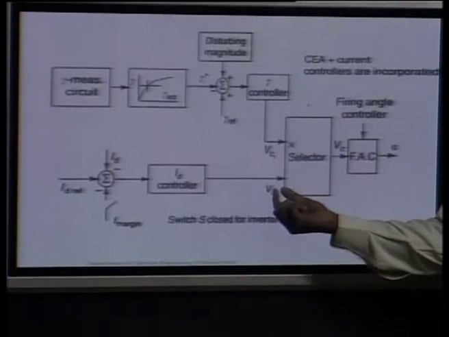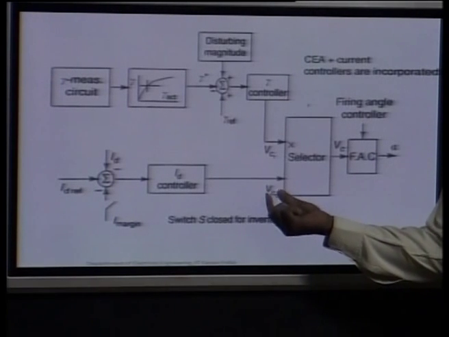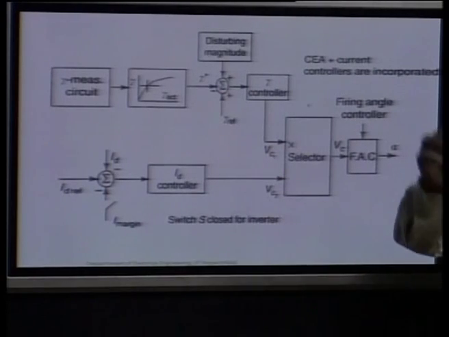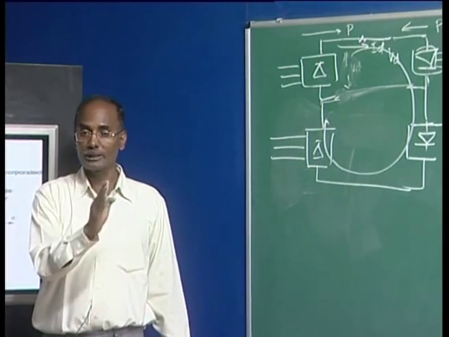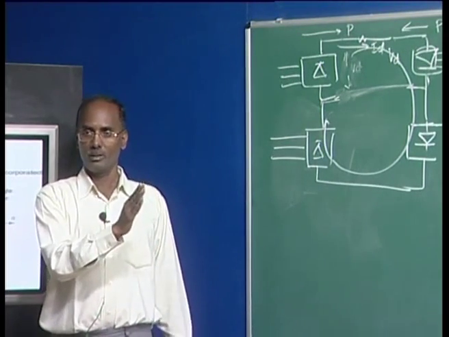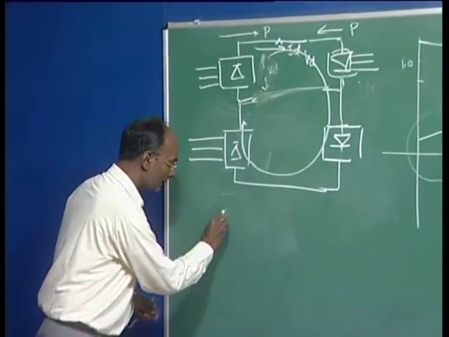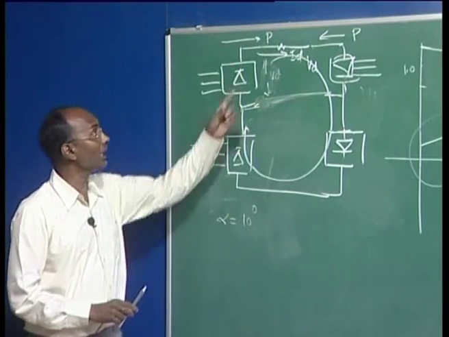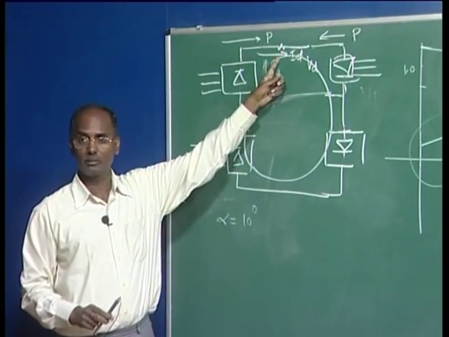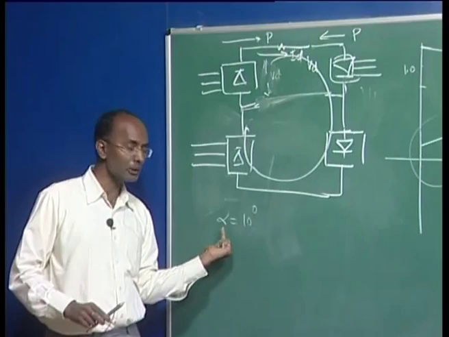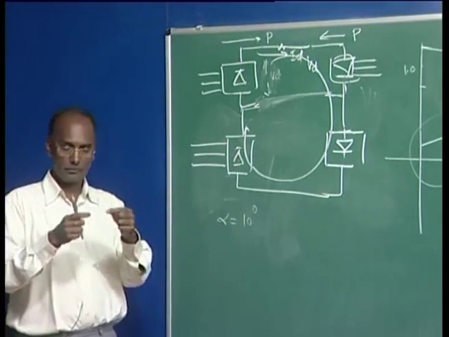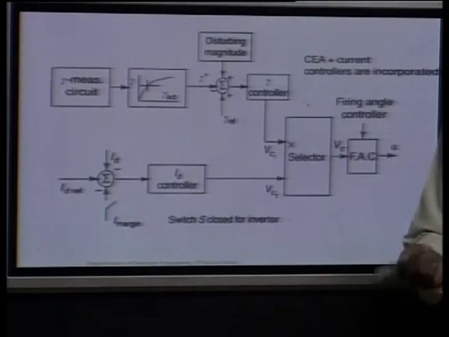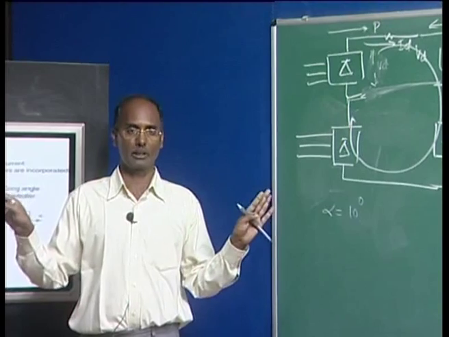So based on this error here, this is really a voltage, and this voltage is basically deciding how much alpha should be changed from the previous instant. Because if alpha was earlier, let's suppose 10 degrees, now if there is any change in the current with the reference value, this alpha should be changed. If the reference here and this are equal, this will be 0, and this alpha will be the previously calculated one, it will keep on firing.